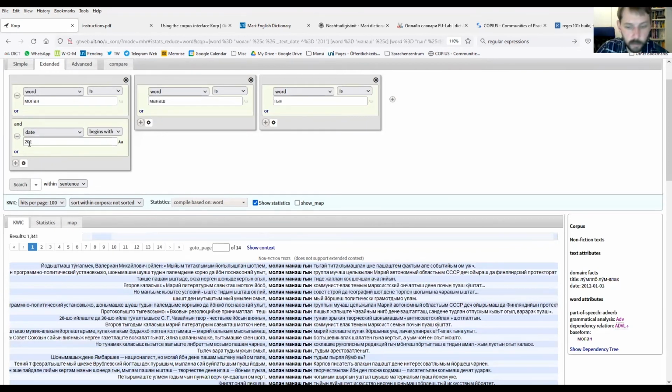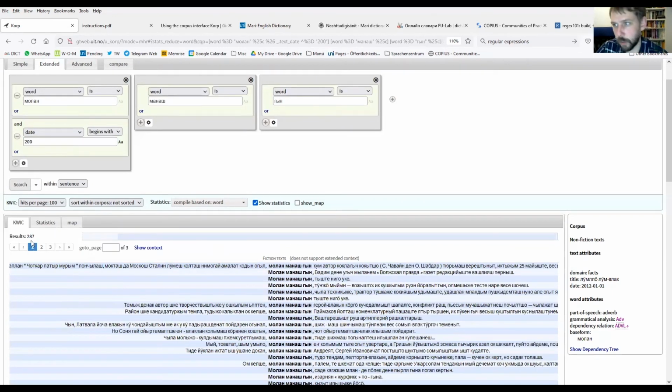I could say starts with 2000. And I can see that, yeah, I have some occurrences in 2000. And you have to remember also that we don't have a steady amount of text over the flow of time. So you have to adjust these numbers to the base corpus that you're working with in the respective categories. But we can go back into the 20th century like this and look at the 1990s,